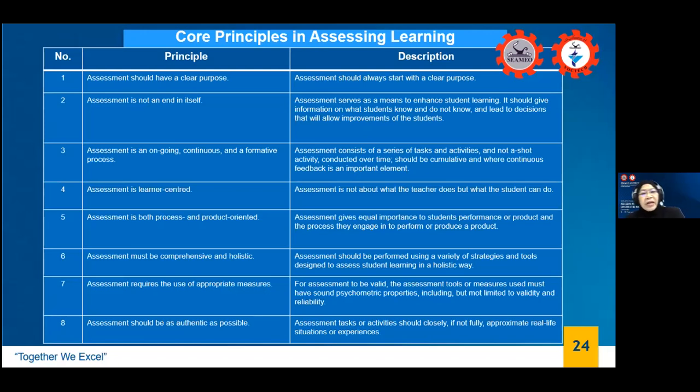Okay, next. Assessment is both process and product oriented. What does that mean? It means to be able to arrive at a very good output, there should be, in the middle part, how do I go to that very good output, which is the process. To arrive at that very solid and good output, you need a very effective process so that you are able to arrive at an output which is a competent student who will be employable. That's why it's called a process.